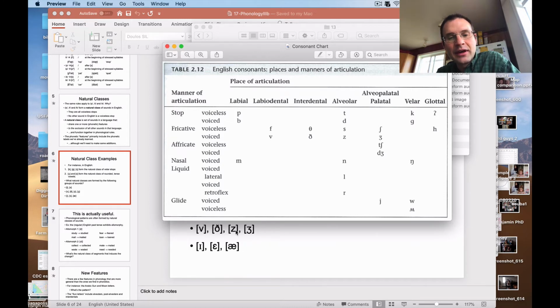So we've got the v, the th, z, and zh. And they're actually nicely lined up here in this particular row in the table, which helps us understand what makes this a natural class, right? So they are voiced fricatives. V is a voiced labiodental fricative. Th is a voiced interdental fricative. They differ in terms of place of articulation. Z is a voiced alveolar fricative, and zh is a voiced post-alveolar fricative. I hope I said Z was voiced, but it is. It's a voiced fricative. That's what these guys are in terms of their natural class.